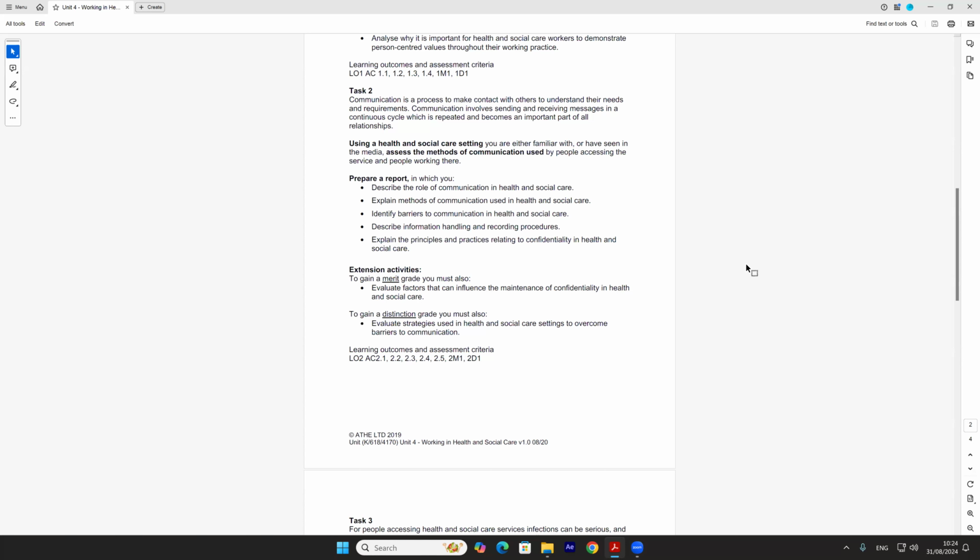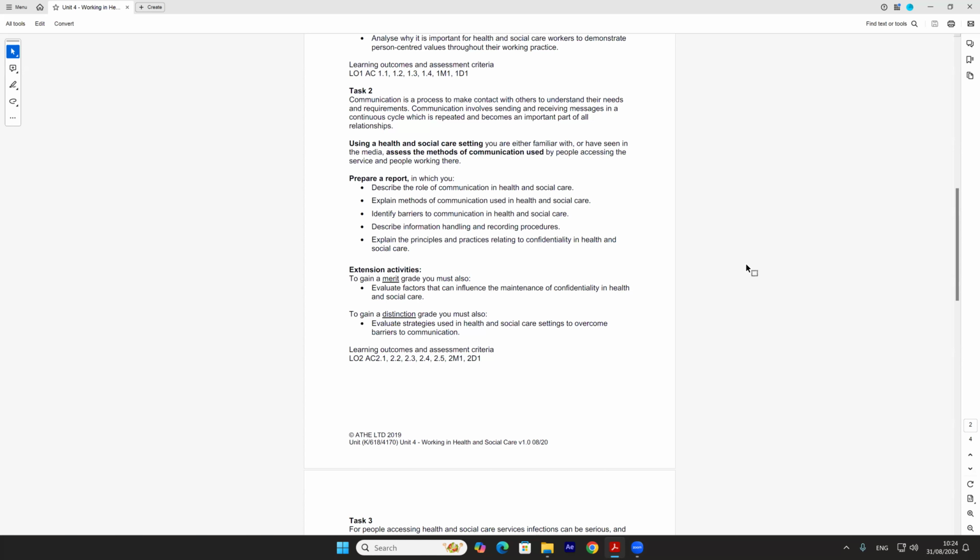This includes care plans, medical records, emails, and reports. Written communication is crucial for documenting care and ensuring that there is a clear record of the services provided. Then we have visual tools like pictures, symbols, and sign language, and these can be used especially with individuals who have hearing impairments or cognitive difficulties. For example, using pictograms can help individuals with dementia